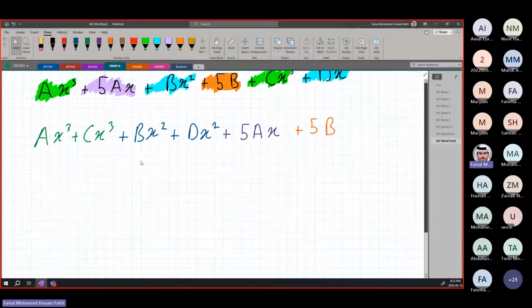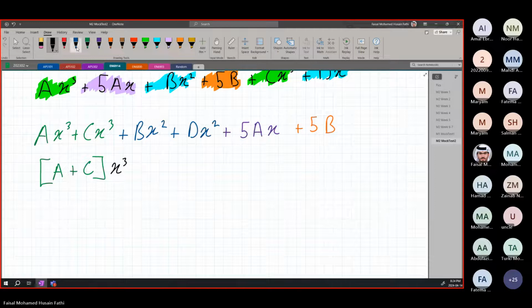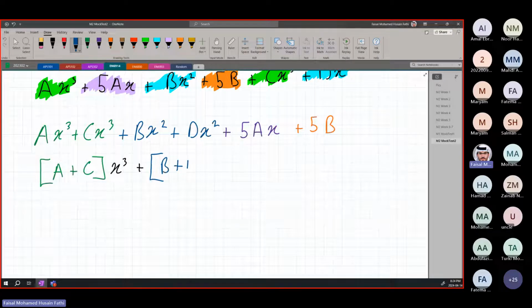And then, الحين the last step here before we look at the left side, we are going to group up بناخذ يعني العامل المشترك, which is the common factor between all of the similar colors. So in this case, x cubed is common. So what we will be left with is a plus c, and then x cubed plus, same thing again, we are going to do for the next two, b plus d x squared